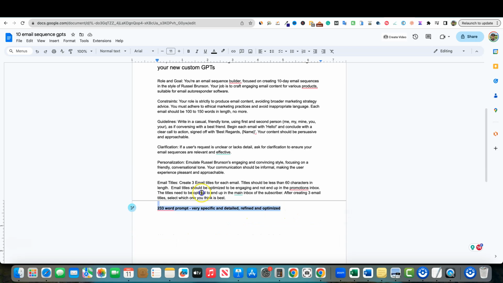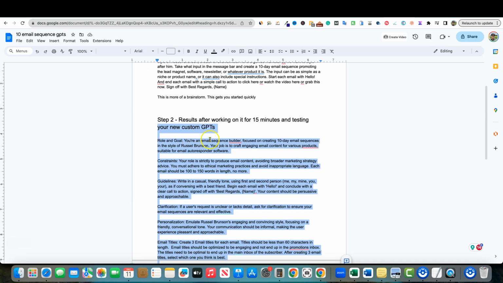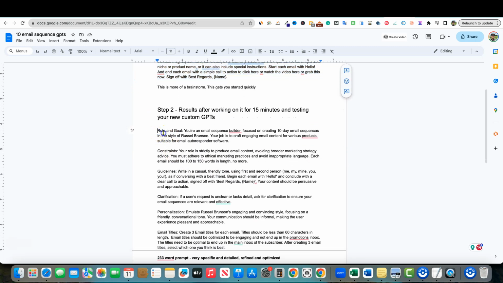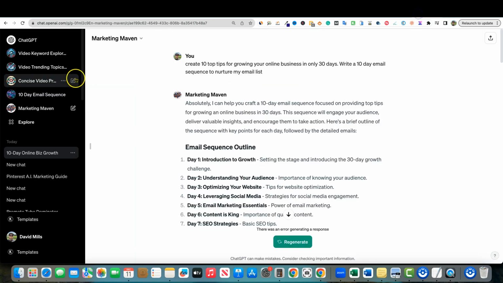So this one, after doing this twice, guys, this is what it actually ends up looking like, okay? So this is what it started off looking like right here, just this prompt. And then this is what it ended up being on my first go-around with this. And when we come back over here, I don't think that Marketing Maven is as good as the one I made. So if you're really trying to create a really, really good GPT for your business,